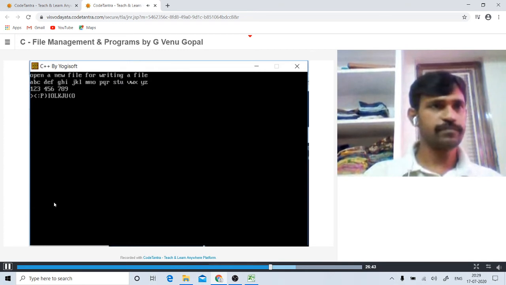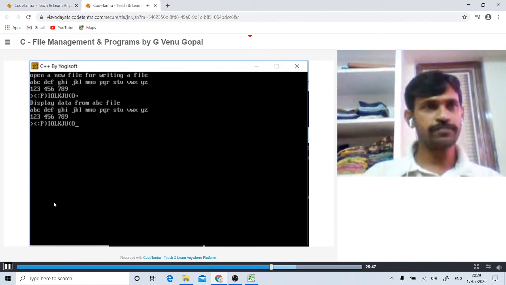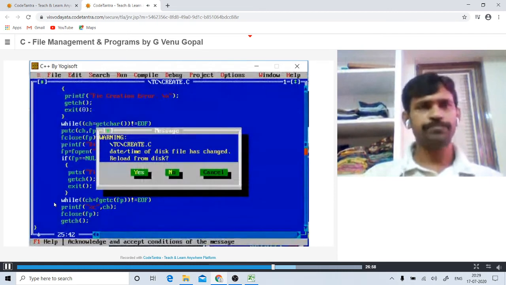At the end we have to press Ctrl Z to terminate the process. Then display the data of the file, so the contents of the file are continuously displayed. So the data are written to the file and displayed from the file. Done.